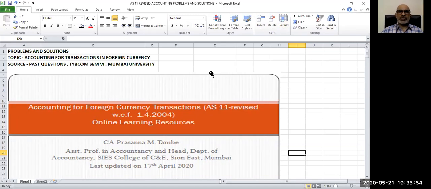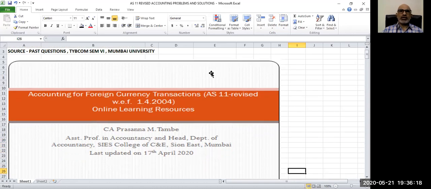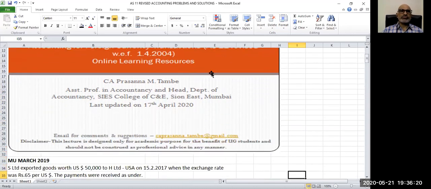And in today's session, we will be going through one more question of TY semester 6, University of Mumbai past examination. And this time, the slight variation could be we are also doing ledger accounts this time. In the last session, I have covered only journal entries, and this time we'll do both ledger as well as journal as such. Let us go to the sum which we are going to discuss.